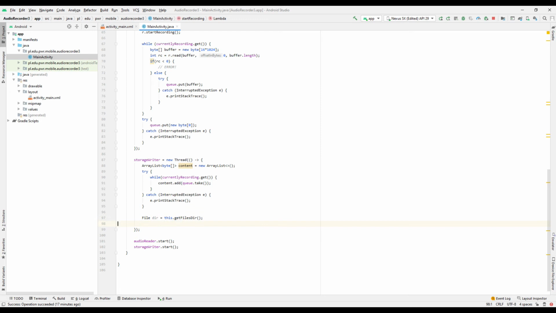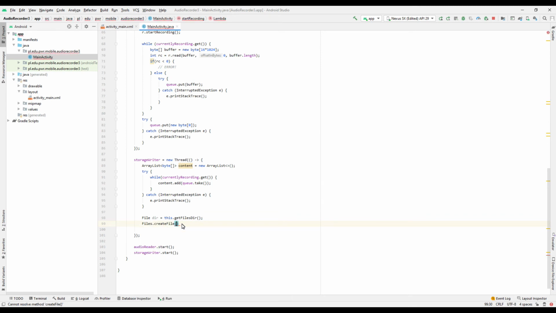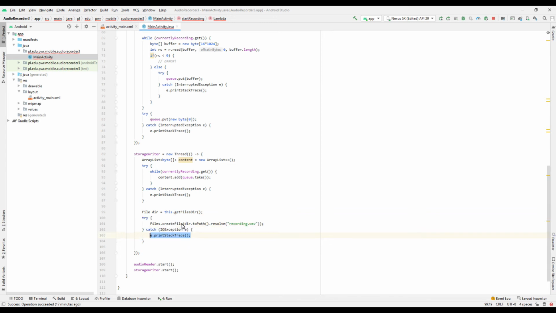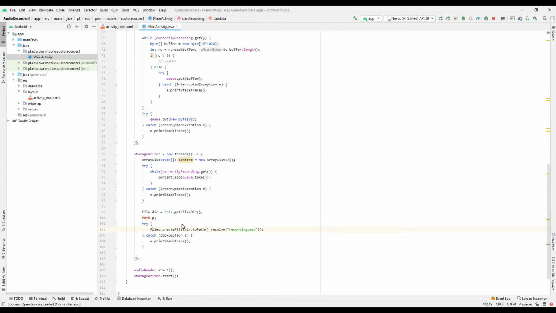And here, after we do that, we need to create a new file in this directory, which would be something like Files.createFile, directory.resolve, and we're gonna call it recording.wav. Now createFile can throw an IOException, pretty obviously, but it returns a path, and that's what's important for us. So we get this path from here,